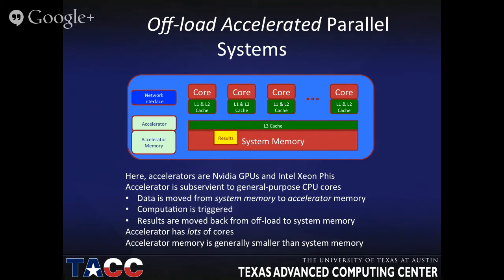But none of these cores can directly address this memory, and this guy can't directly address that memory. So in order to take advantage of accelerators like this, what you have to do is explicitly move a block of data to the accelerator where it's going to be computed on, and then bring the results back, right? So that's it. You can have an enormous number of cores in here, and they can work really, really fast. But you have that basic problem of moving the data in and out in order to be able to